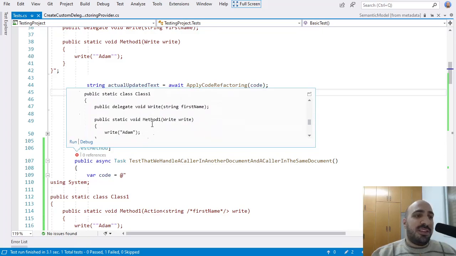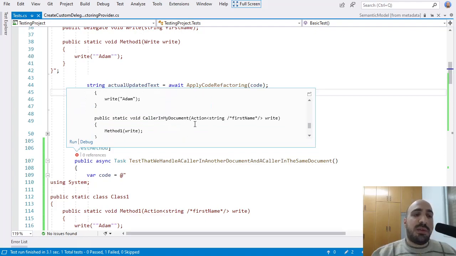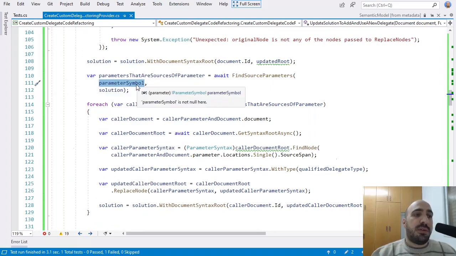So here, the delegate was added and the type of the parameter that we want to refactor was changed, but then the caller method was not updated correctly, right? And the reason this is happening is that this parameter symbol is part of a compilation that belongs to the project in the old solution, right? Not this one.